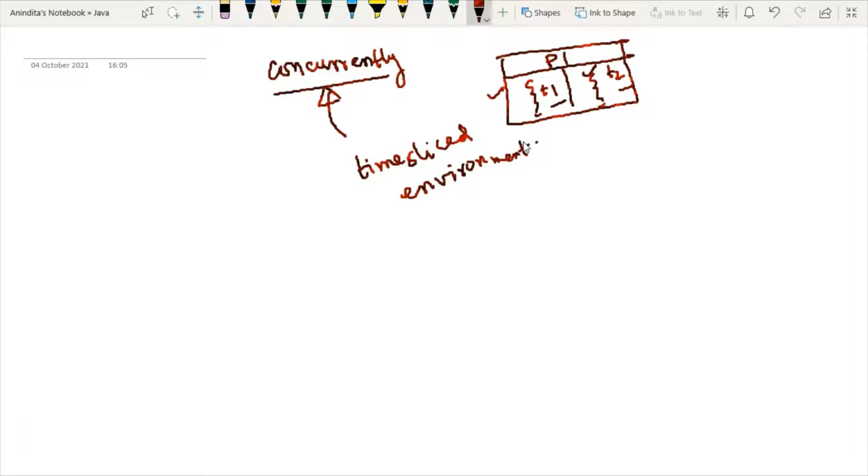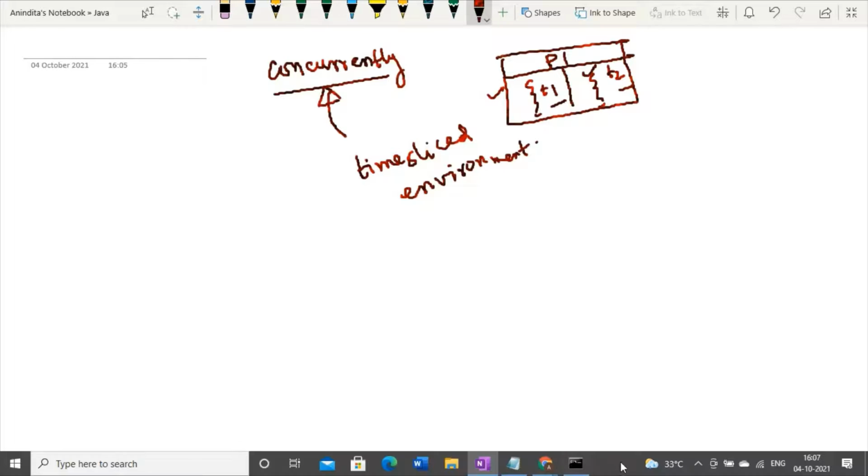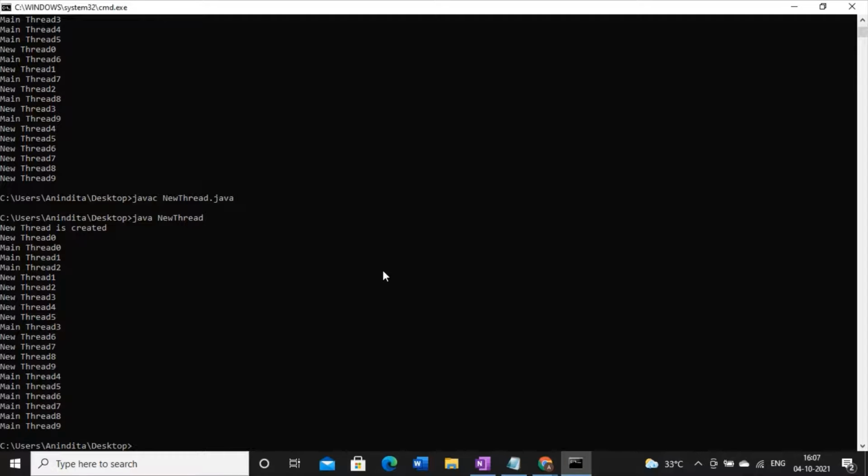And one more point, whatever output is depicted over here, this kind of output is there because I'm executing this code on a Windows machine. If I execute this code on another OS like Linux, this kind of jumbled up output you will never get. You will get something else.